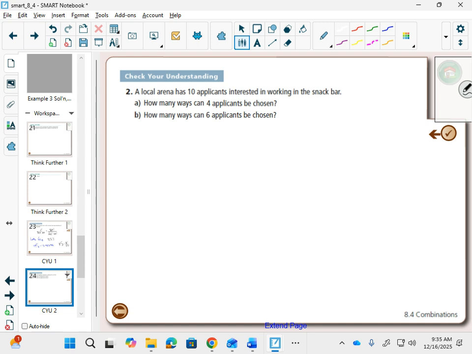No. So we go, okay, here the order doesn't matter. That means it is a combinations question. I have 10 people, I need to choose how many? 4 of them. So the answer to A is just 10, choose 4. And the answer to B is if all of a sudden you're like, oh, we actually need 6 people, would